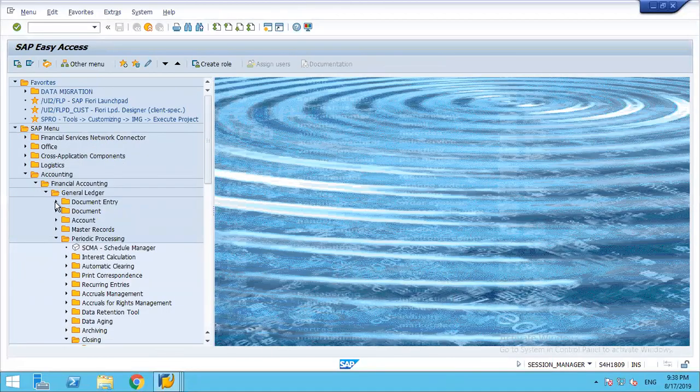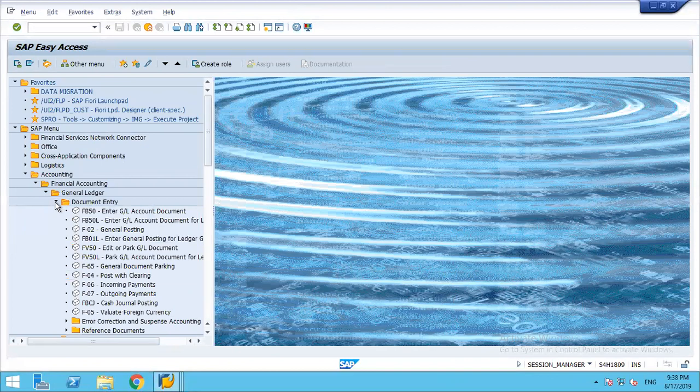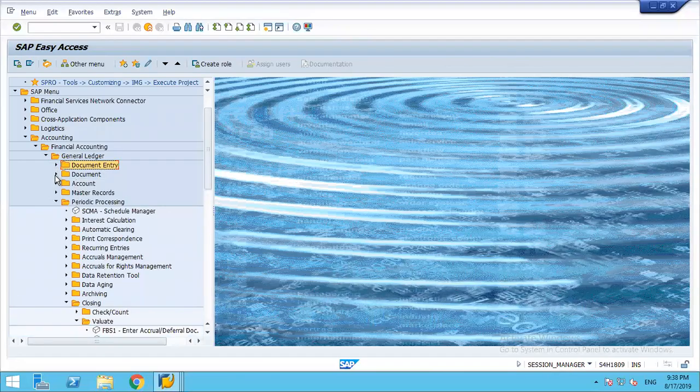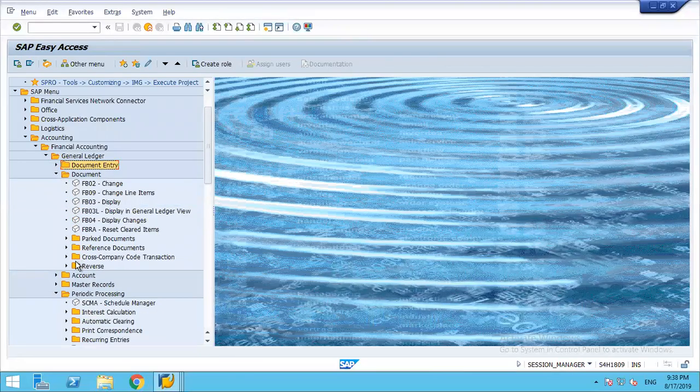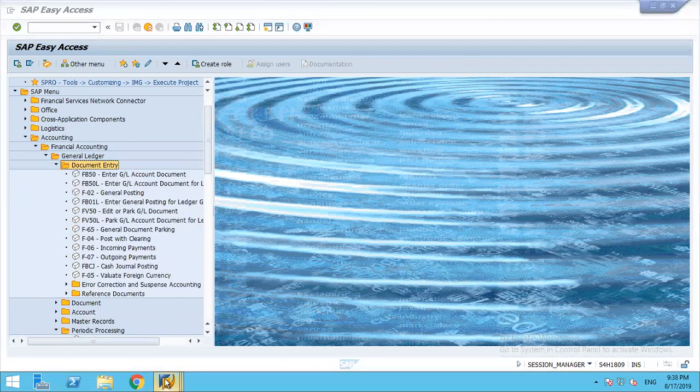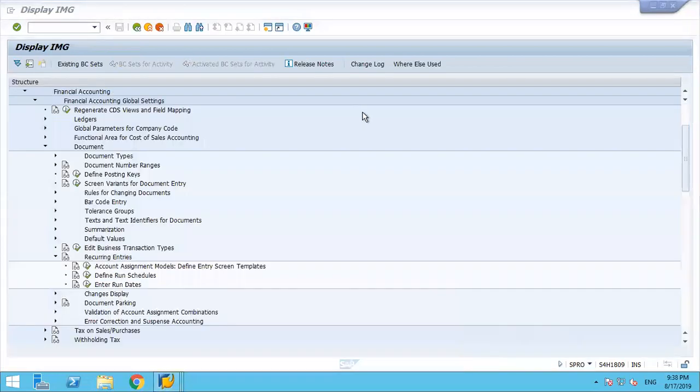One second, let me see this. There is one Fiori app for fast entry. So I'll show you that. Why waste time on this? Okay, right. So fast entry, in the sense, it will be like